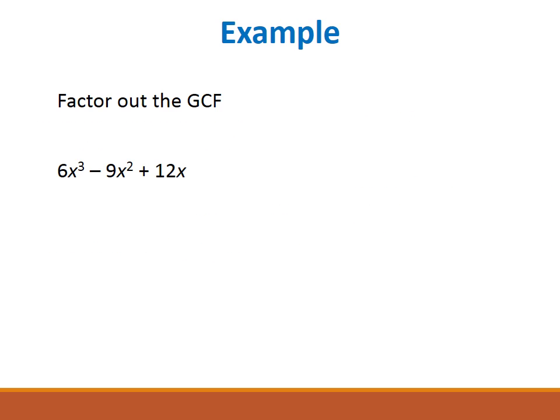Now let's factor out the GCF, the greatest common factor, in this polynomial. The greatest common factor for 6, 9, and 12 would be the number 3, because 3 would divide into 6, 9, and 12. Also notice that the letter x is in common to all three terms, and in this case the smallest power would be 1, so it's x to the 1st. When you're writing this out, be sure to put the greatest common factor in the front of your answer. That will be followed by a parenthesis. The parenthesis will include